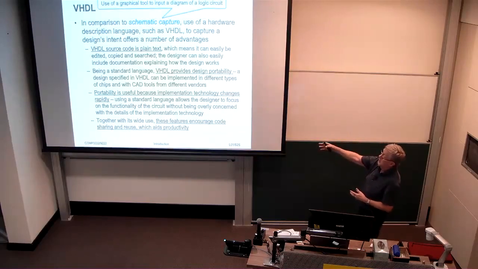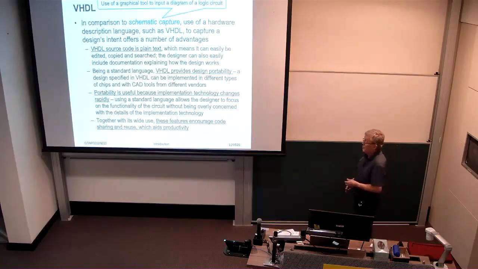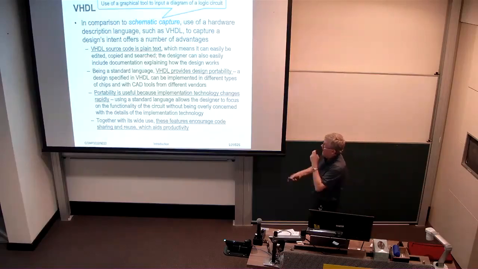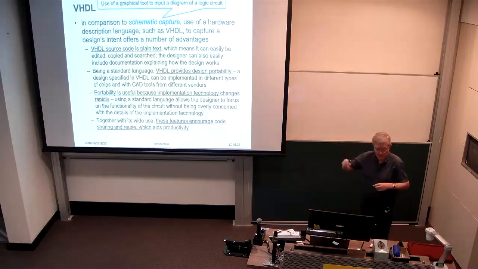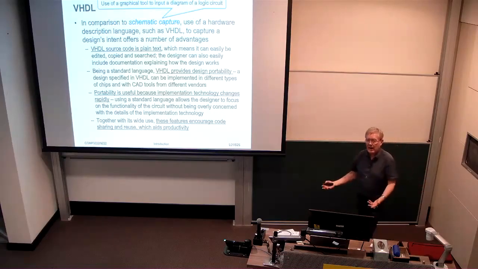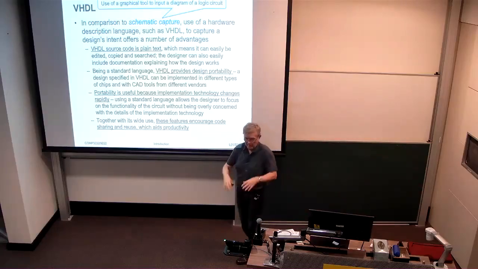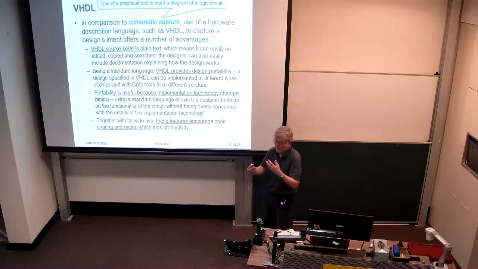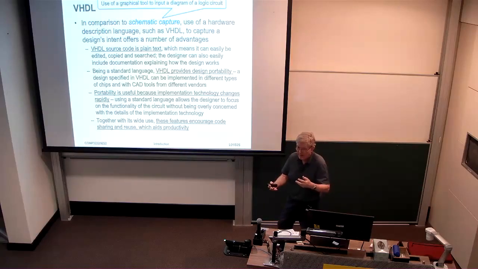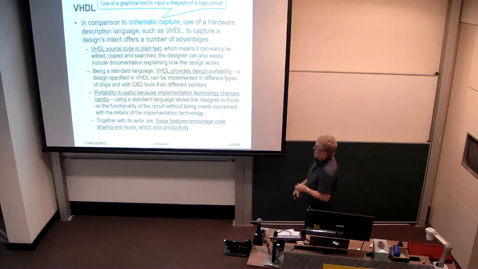Just a couple more comments on VHDL, which were raised in the short break, but not everybody was here. Instead of using a circuit diagram, using a language like VHDL has several benefits. It's plain text, so you can edit it easily, whereas you can't edit a diagram very easily. If you want to change a gate in the middle or need to change several, how do you rub that out and put them in? It can be difficult, given it's a two-dimensional construct rather than a one-dimensional construct.